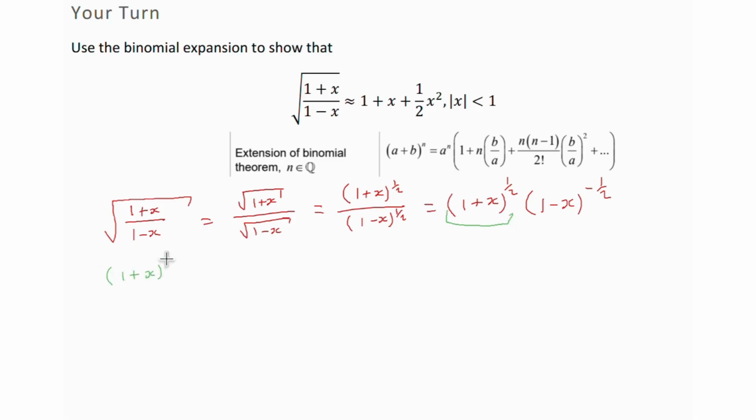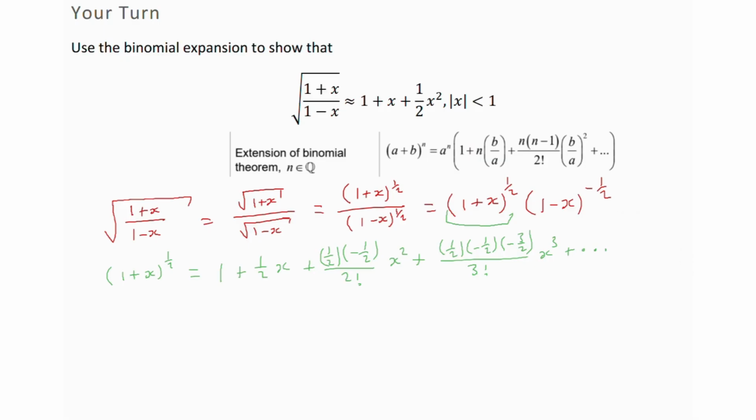(1 plus x) to the half. Now using the formula that we know, a in this case is 1, so it's just this bit in the bracket. It's going to be 1 plus a half times x plus a half times minus a half over 2 factorial times x squared plus a half times minus a half times minus 3 over 2 over 3 factorial times x cubed, continuing on forever,